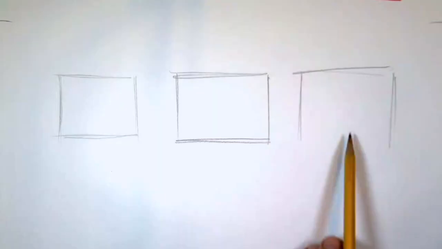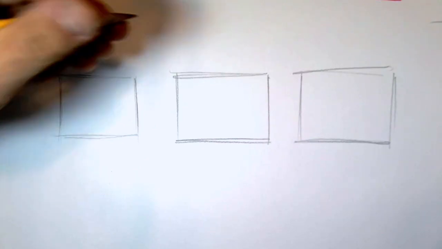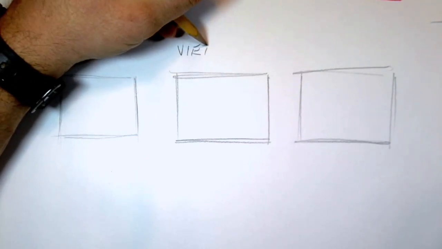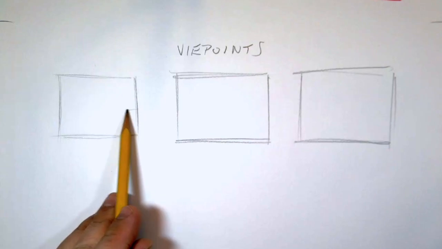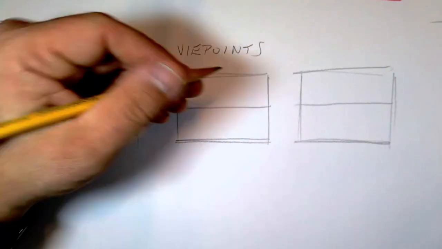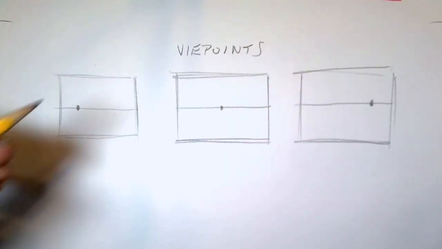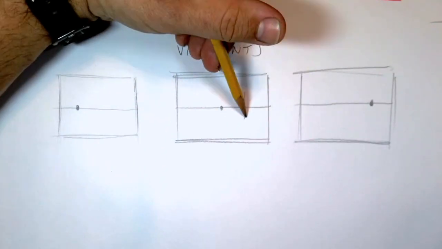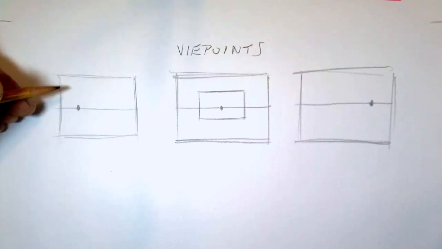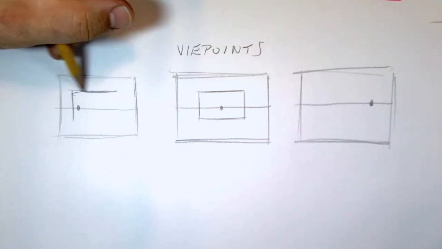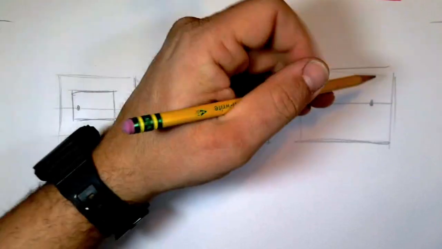So first we have to choose a viewpoint. How do we want to see this room layout? I created 3 boxes here as 3 thumbnail examples, and let's discuss 3 basic viewpoints. I'm going to bring a horizon line in there. I'm going to put a vanishing point on the left, right, and center. And I'm going to create a background wall for my room in each one, exactly consistently like in the middle